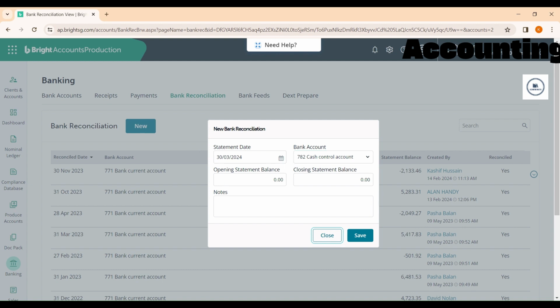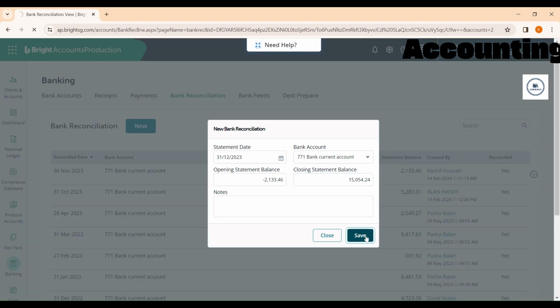Here I need to enter the statement date, which is December 31st, 2023, and here you need to select the bank account which you want to reconcile. I want to reconcile my bank current account, and it automatically puts in the opening statement balance. What you need to do is enter the closing statement balance, which is 1505.24. After that you need to press the save button,